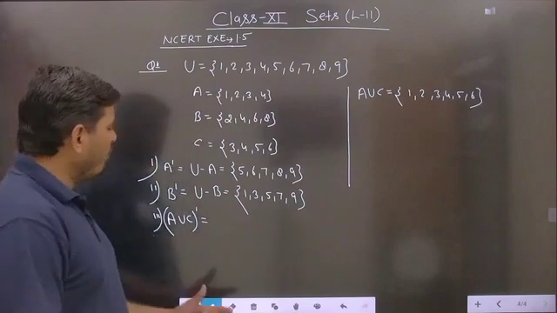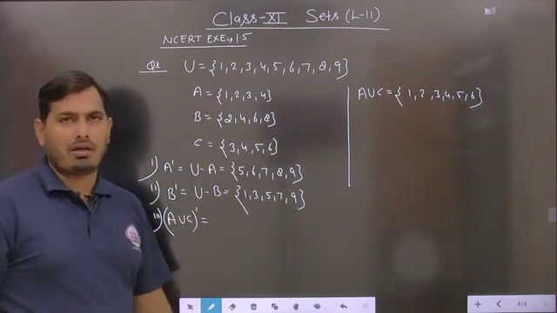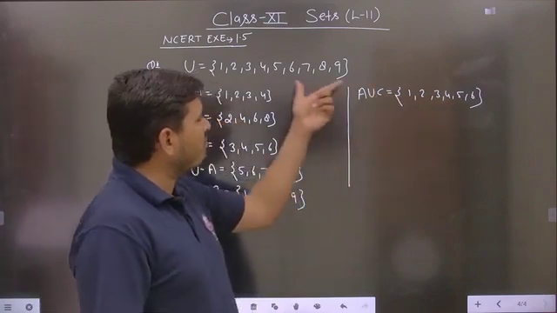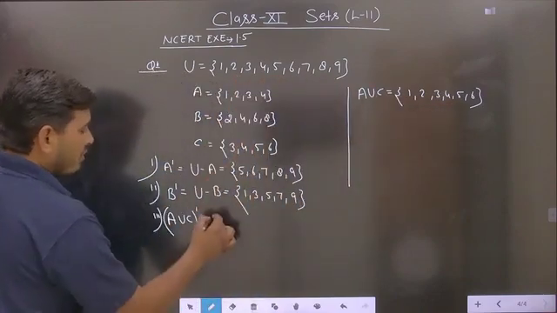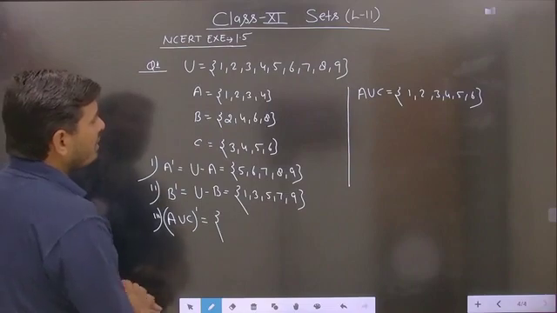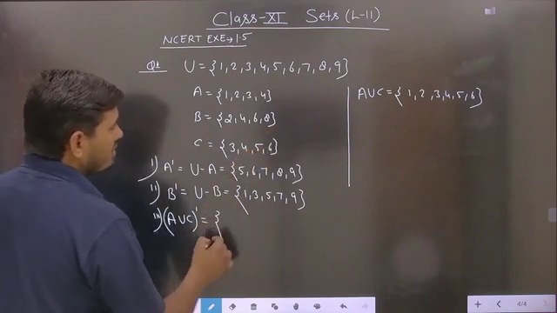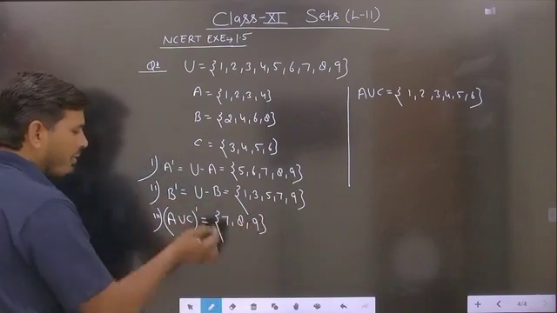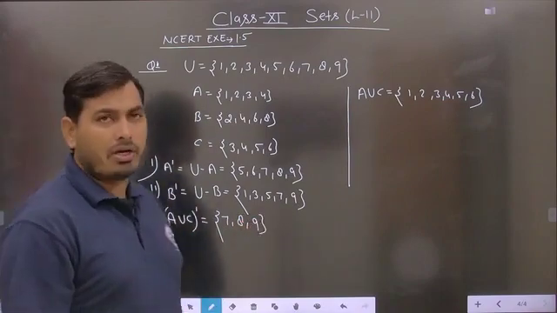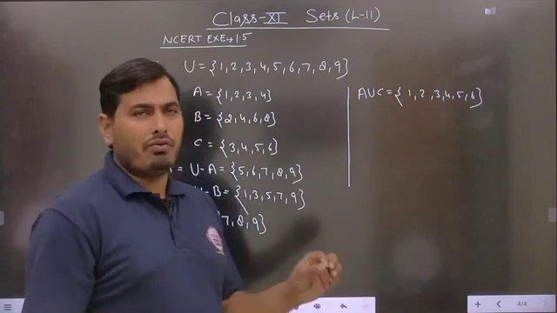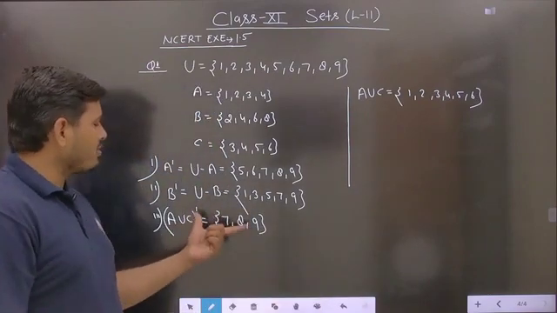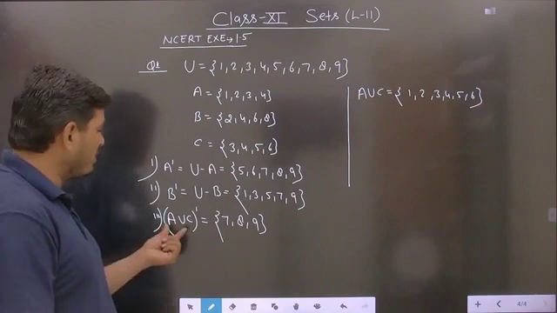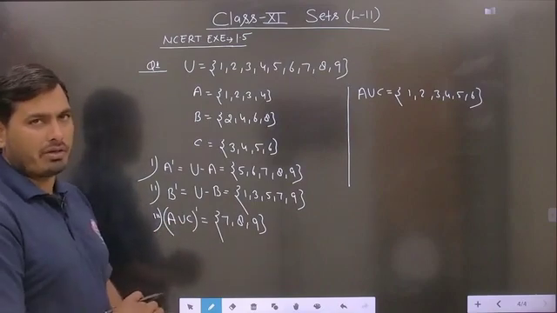Now the complement of A union C is to be obtained. So basically, student, we just have to subtract these elements from the universal set. The elements left, we can write as the answer: 7, 8, or 9. Because when the complement of any given expression is to be written, we always write down the elements of the universal set only, not any particular element of the given expression. Is it clear?